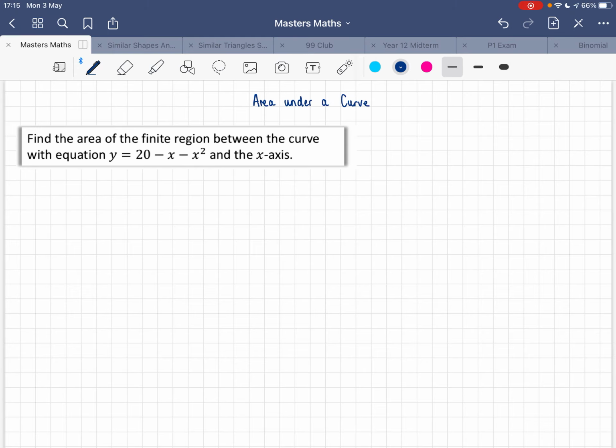Find the area of the finite region between the curve with equation y equals 20 minus x squared and the x-axis. So the graph is going to look something like, it's a quadratic and it is sad because it's negative,